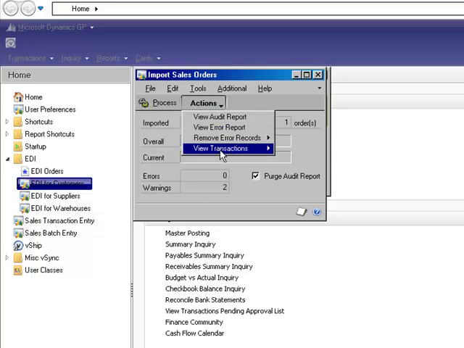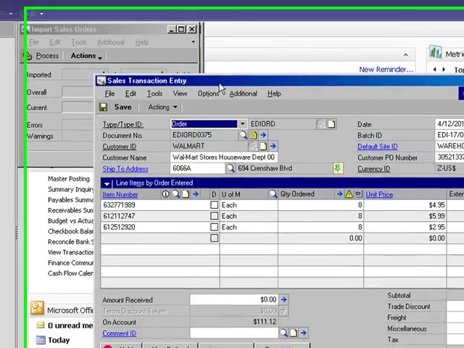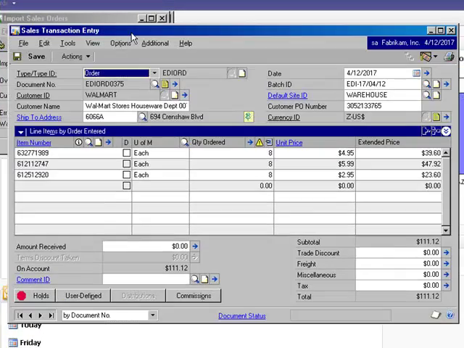But in this example, we'll go ahead and look at order 375 that has been created in the system for us automatically. If I wanted to, we can also view the audit and issue logs, or again, those would have been emailed to us. In this example, we have order number 375 that has been automatically created for our Walmart stores. Now looking at this order, we can see that the workflow rules have been triggered, and this particular order